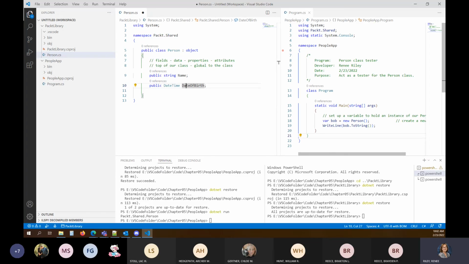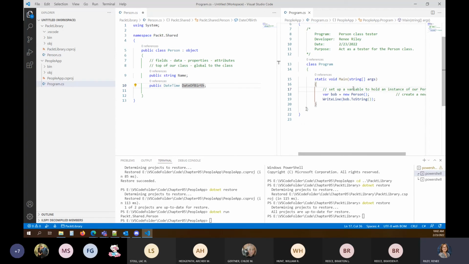Now, we'd like to be able to use these data elements to keep track of information for our Bob person. So let's update our main method over here in our program.cs file. After we create Bob using our new person syntax, we can actually access the data elements contained within our person class named Bob.